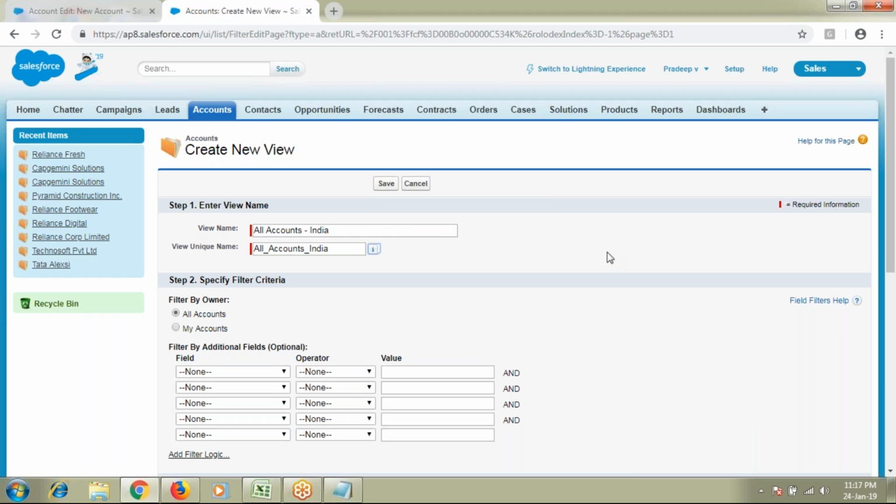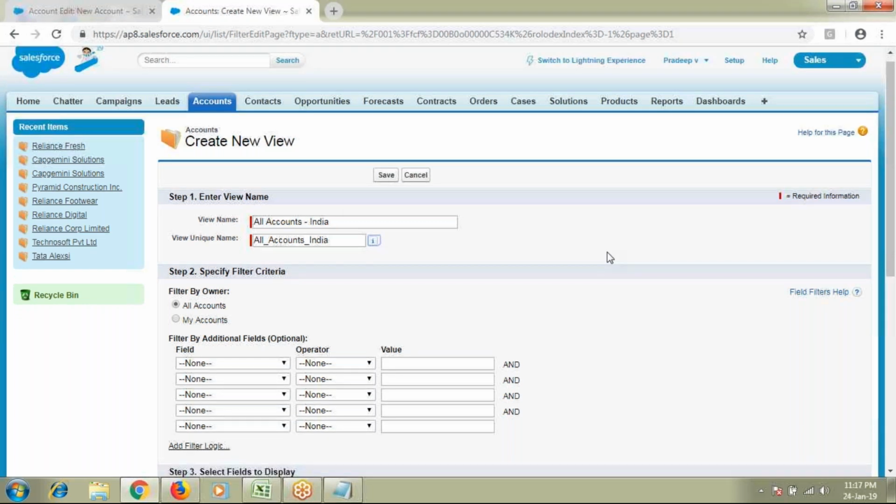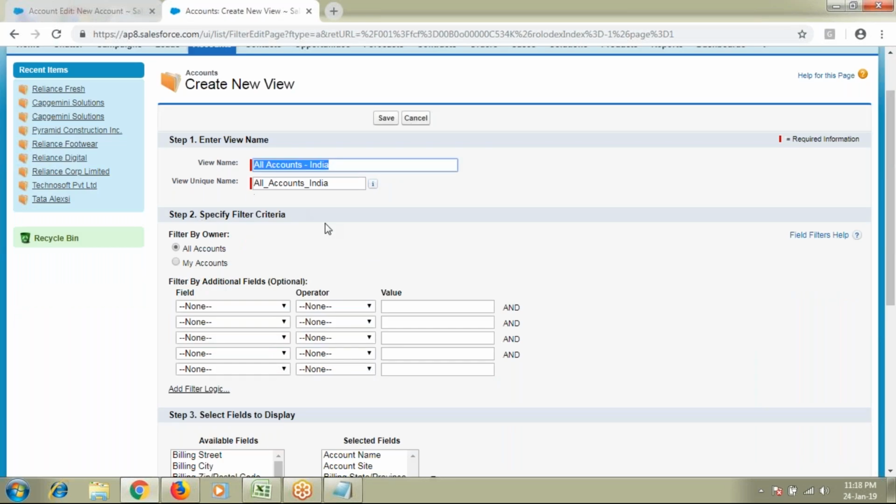The next part, specify the filter criteria. Now whenever you select this particular list view, should all the accounts of your entire application come under this list view, or only where I am the owner of?